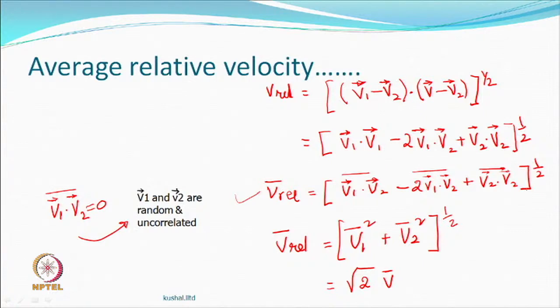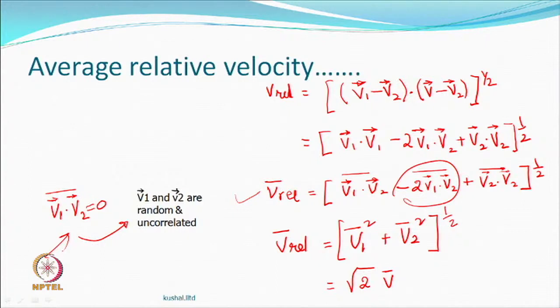Now, what we get is the average velocity will not have this term, which will be equal to 0, because they are moving randomly and their products on an average everywhere, if you look at it, will become 0. One moving this way, the other moving that way, but v1 square obviously will be there and v2 square will be there, then the average of those products, and then you take the square root, and therefore, relative velocity is not just v average, but root 2 of v average, and that becomes a change,